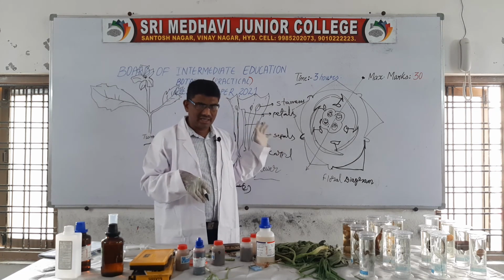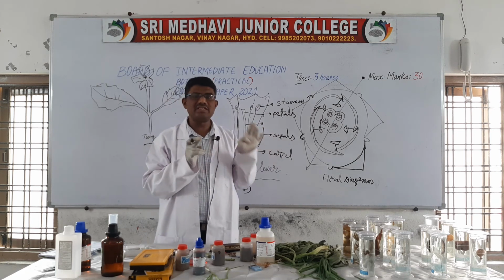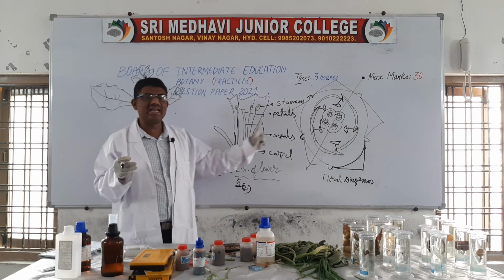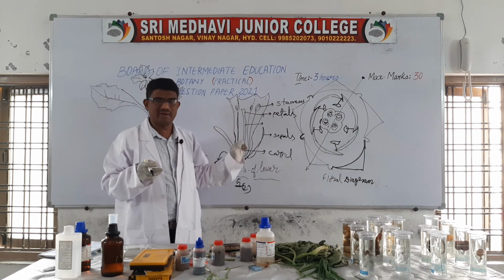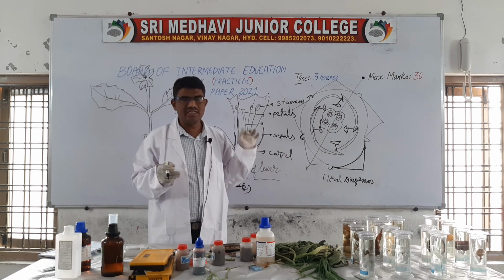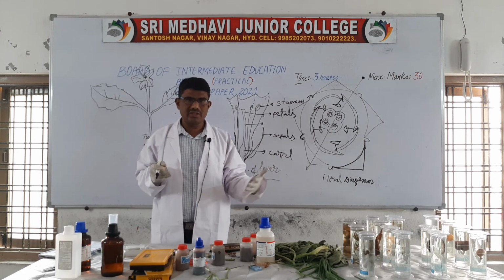I think all of you understood this. You have to write all the vegetative characters and floral characters. All three diagrams are a must, and along with that you have to label the LS of the flower. Then you can get 6 marks in this question. This is the first question in the practical examination.